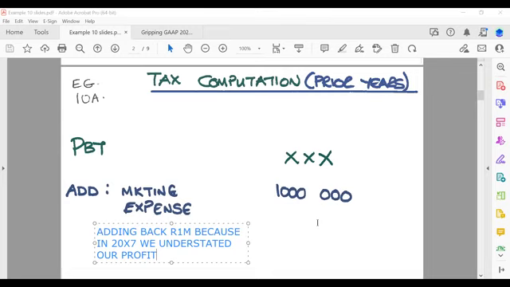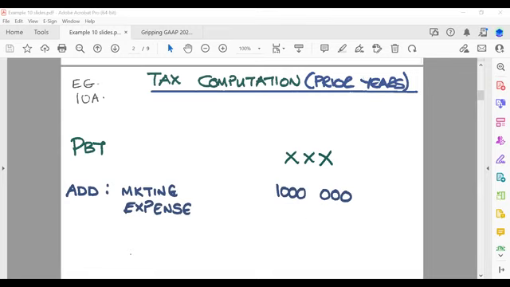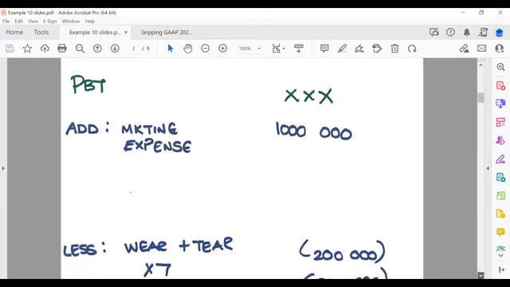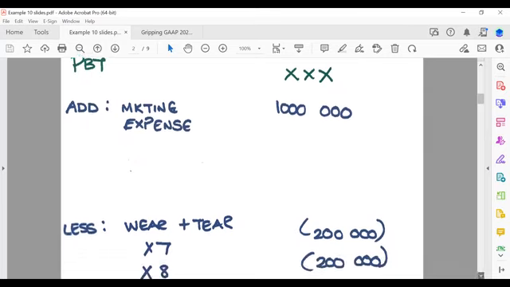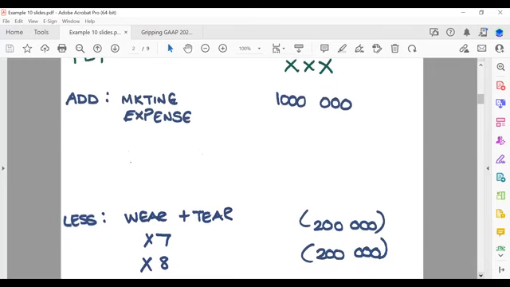So if we go down on my tax comp, you will see that we have less wear and tear for the year X7 of 200,000, and we have less wear and tear for the X8 year of 200,000. So if we do our sums, if we're adding back 1 million and we're subtracting 400,000,